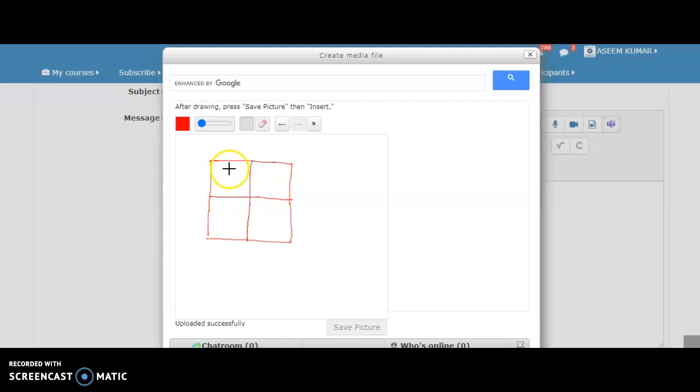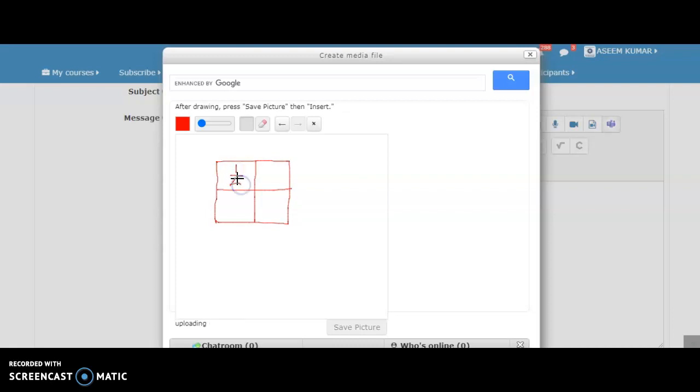I can depict it by writing on it the 1/4 fraction, or if I don't want this, if I want to show it by coloring, I will delete it. I have deleted everything. I will write again. Like here I have again divided it into 4 equal parts, and I am showing here the 1/4 fraction of this square.